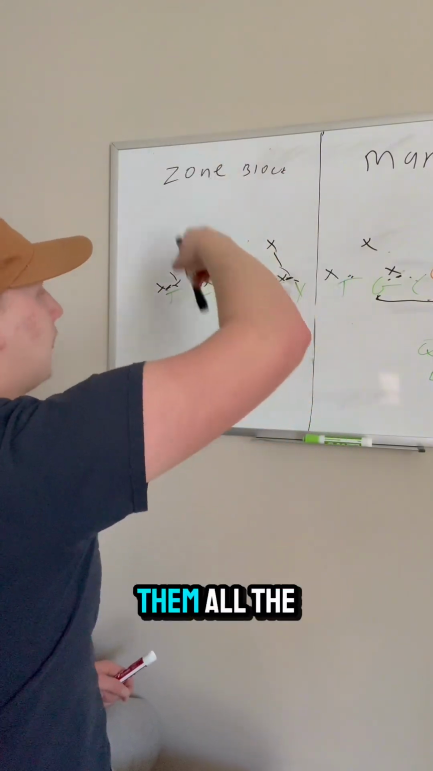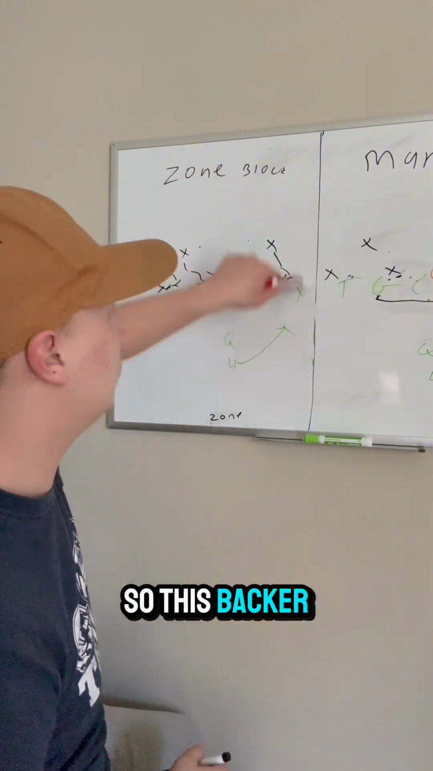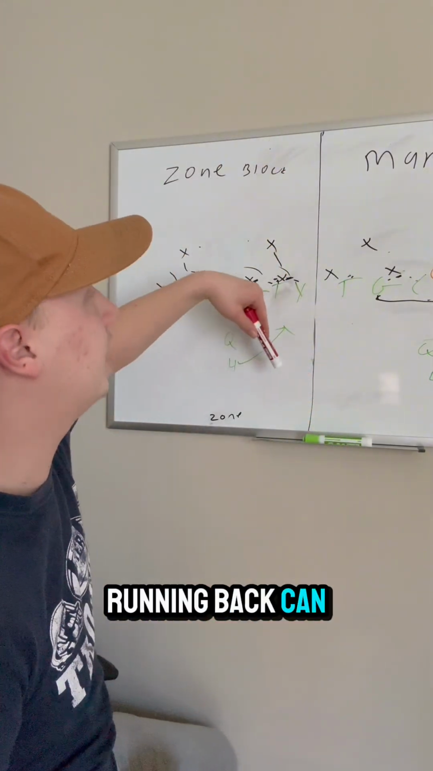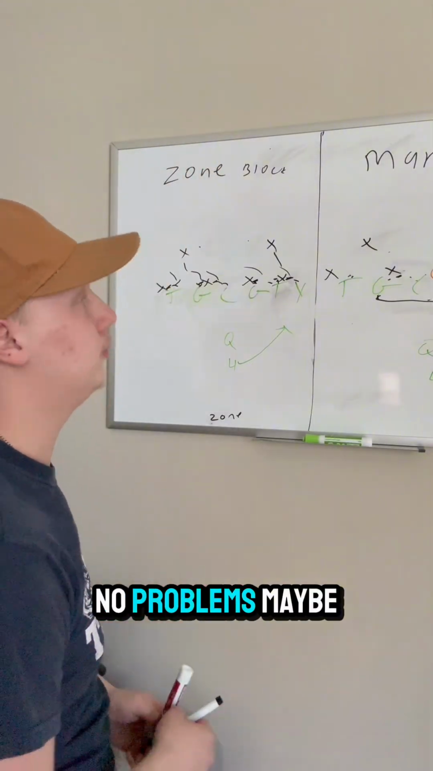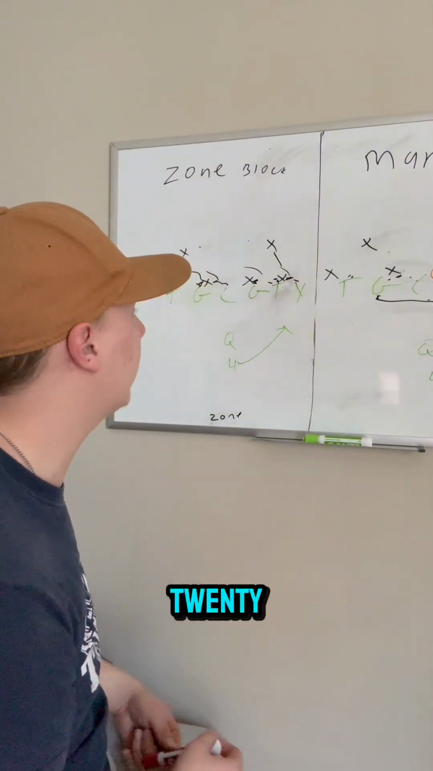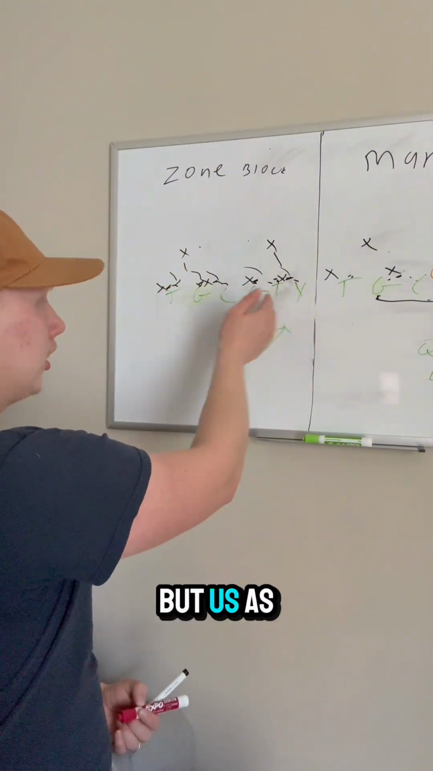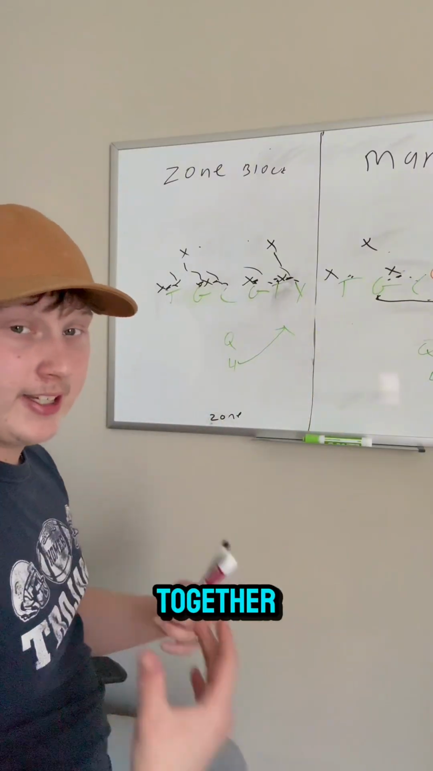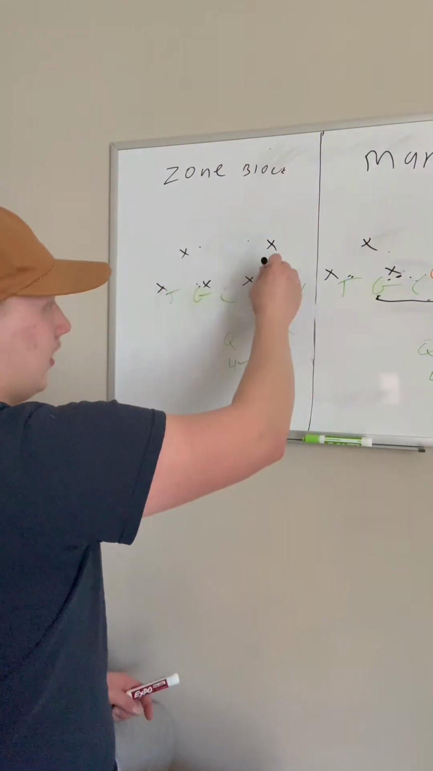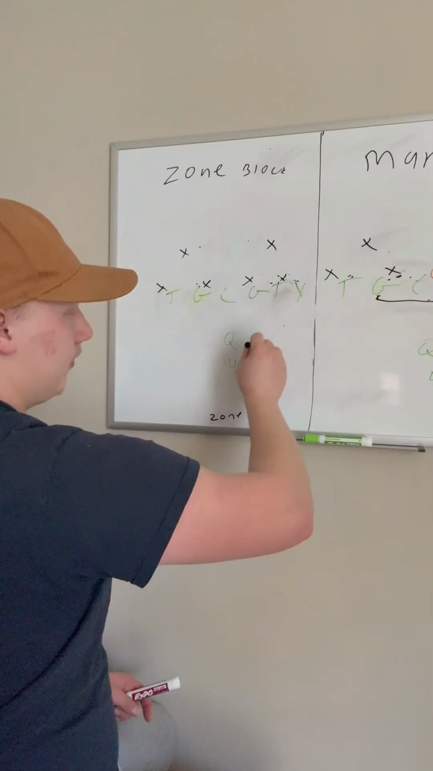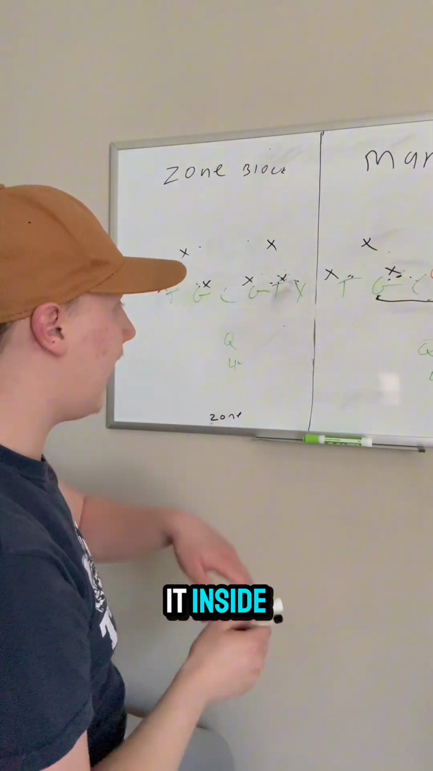And we're washing them all away, so this running back can go all the way upfield, no problems, maybe get tackled at the 10 or 20. But us as an O-line, we're all stepping together. Now, if we run it inside,